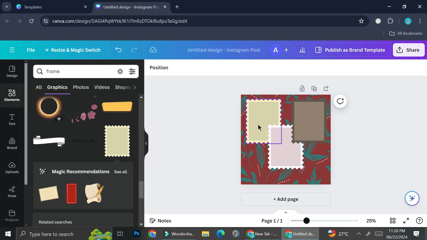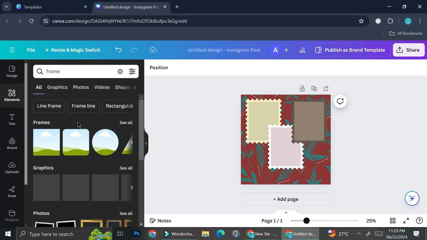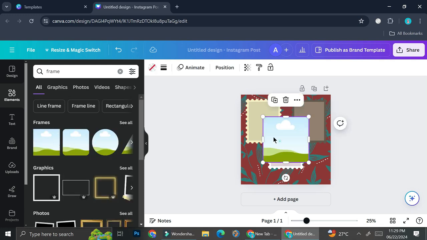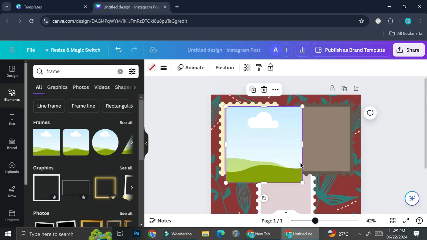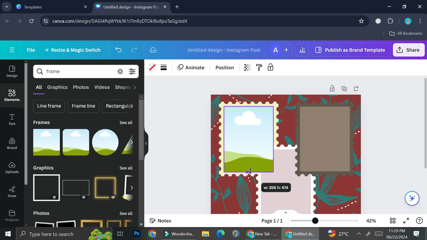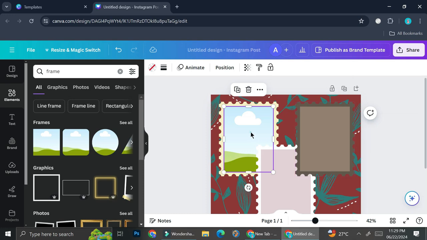And what I'm going to do is add pictures to this frame. And in order to help me do that so that I don't have to manually adjust the picture, I'm going to try to search for a photo frame. And I'm going to go to All in the graphic section, and these are the frames that I'm looking for. So I'm going to go ahead and place it on top of my stamp frame and adjust it, something like this. And you can see that it does not follow the frame itself, so I'm going to click on the 3 dots, go to layer and click on send backward,